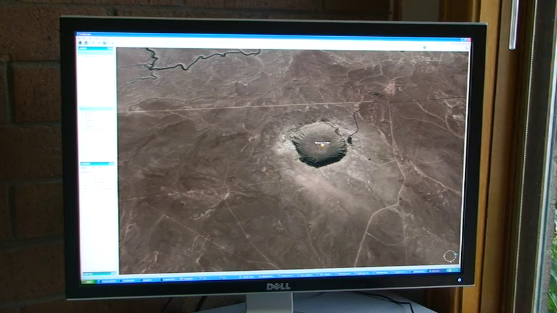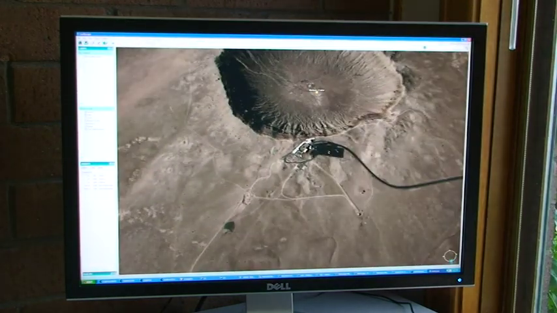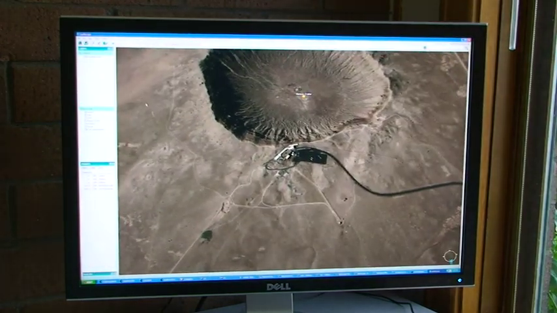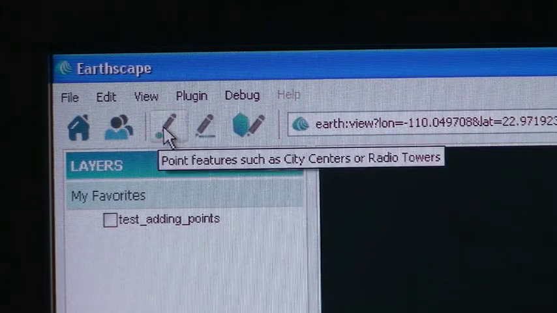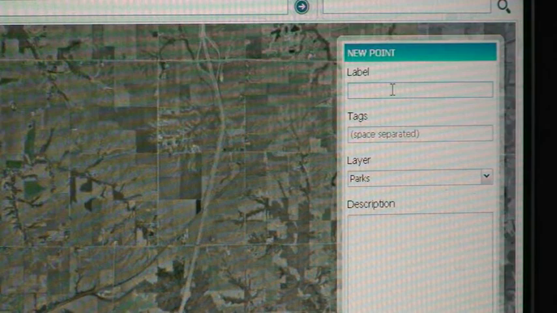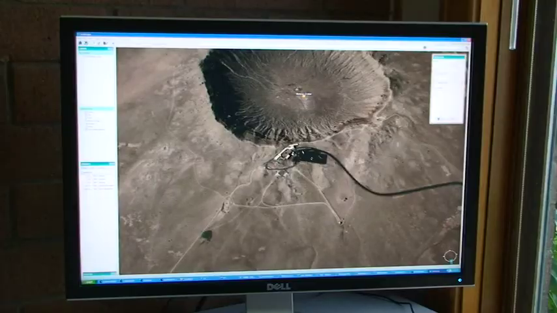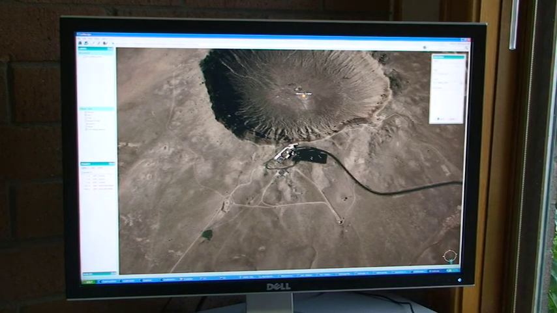Actually creating geographic features is really quite easy. So if, for example, we want to create this as the visitor center, we'd simply go over to the Add New Point feature icon, and this will pull up a dialog box labeled New Point. And so I can click on the area right here, and then come over here and label it as the visitor center,